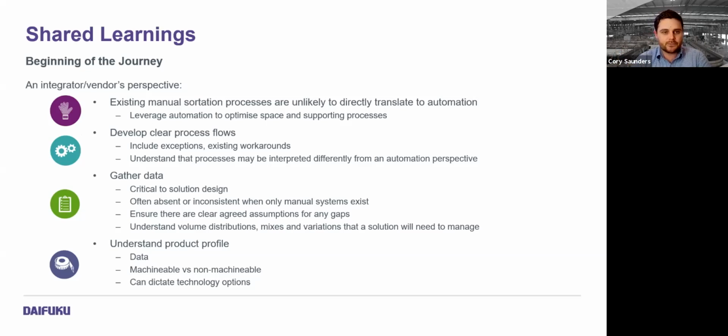I know that Jeff spoke about this, I think, in episode 1 or 2, around the importance of data for the overall solution design, but equally as important for sortation solutions. So understanding, raw data is often better than no data at all. But we also understand that it's often absent, when taking a completely manual operation, as Baz gave an example on, where somebody